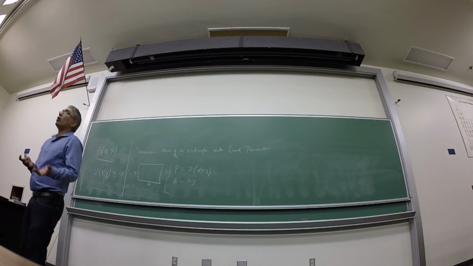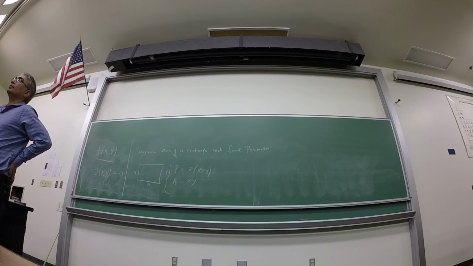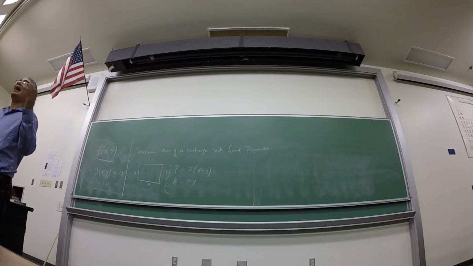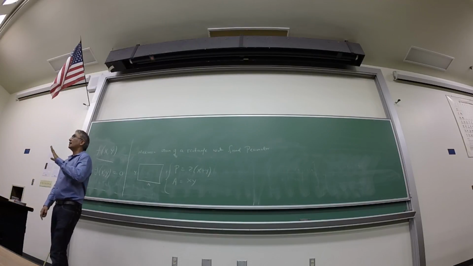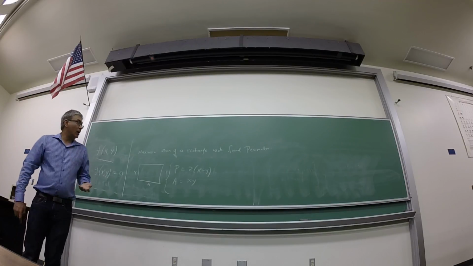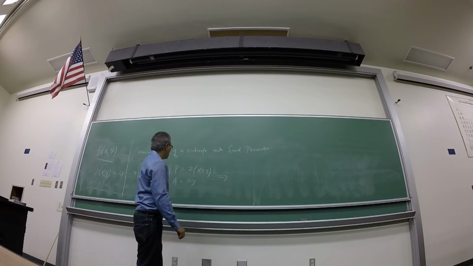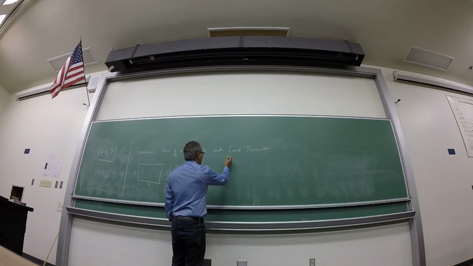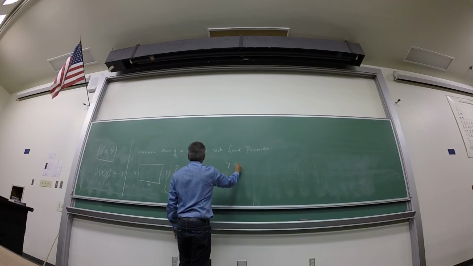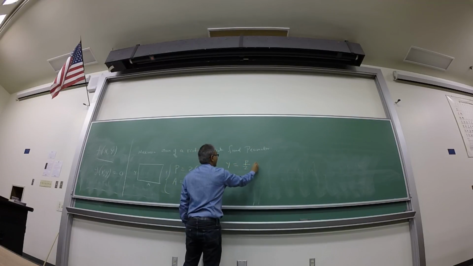So then we have reduced that problem to what? One variable, unconstrained problem, right? Because you're taking the constraint and putting it into the system, and so the new problem doesn't have a constraint anymore. All right, so let's solve that and see what we get. So from this equation, y simply will be P over 2 minus x,